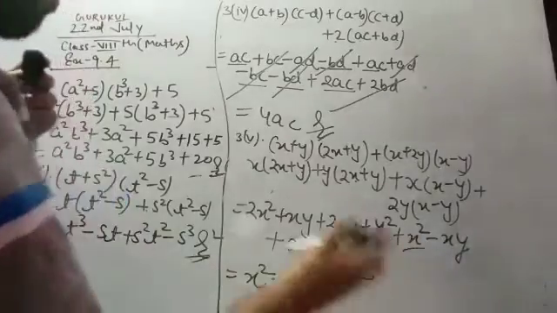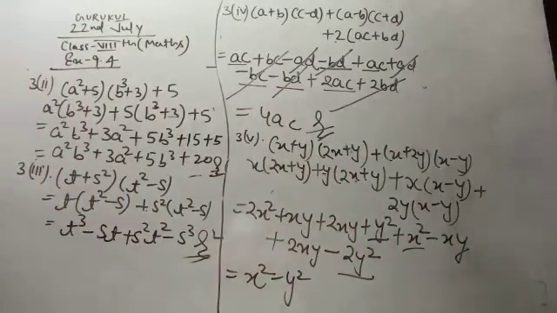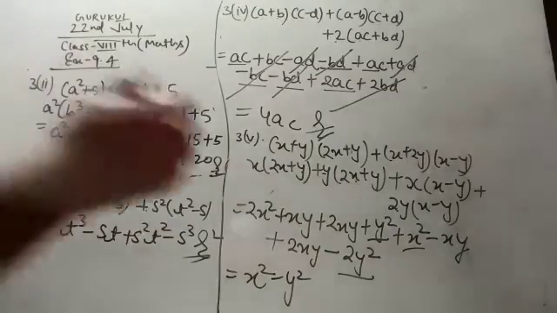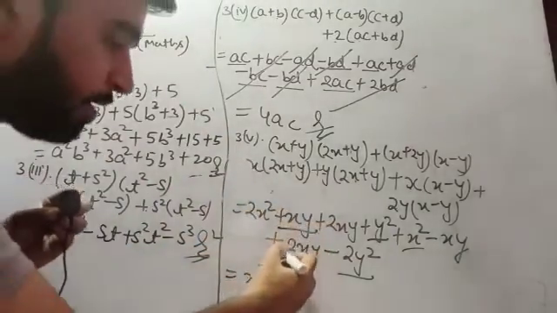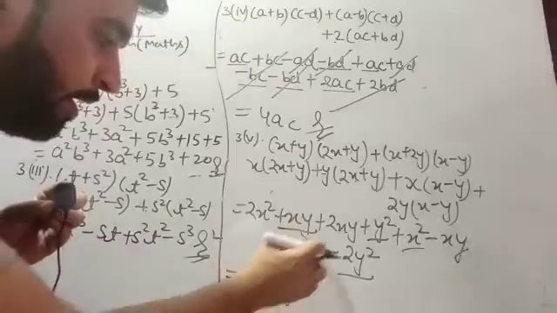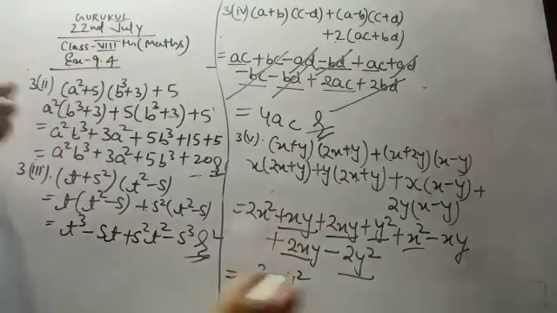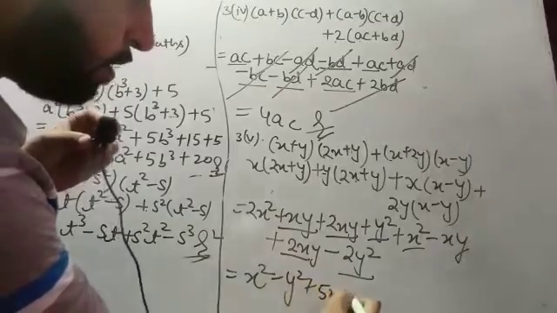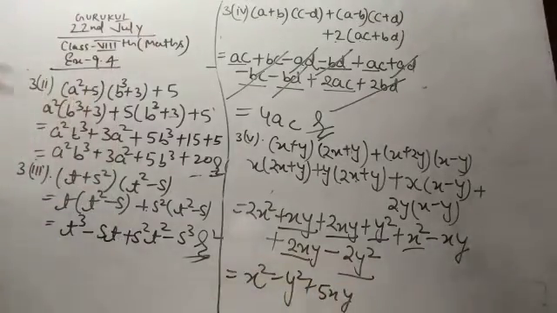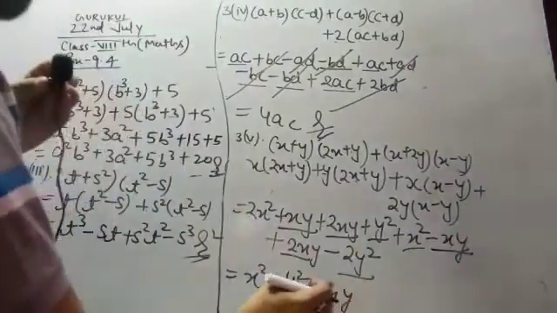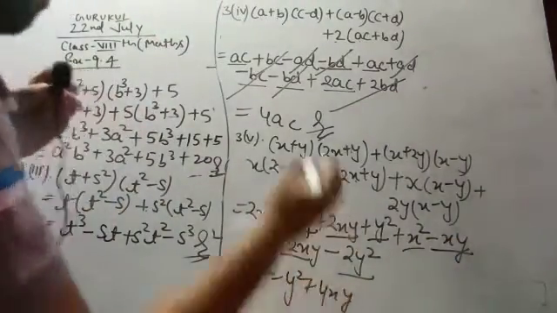The terms which we have solved should be underlined, so there should not be any confusion about what is remaining. Now plus xy, 2xy, 3xy, then again 2xy, so 5xy, fine. Anything else which is remaining? 5xy and we have forgotten 1 minus xy. So 5xy minus xy, this will be 4xy.